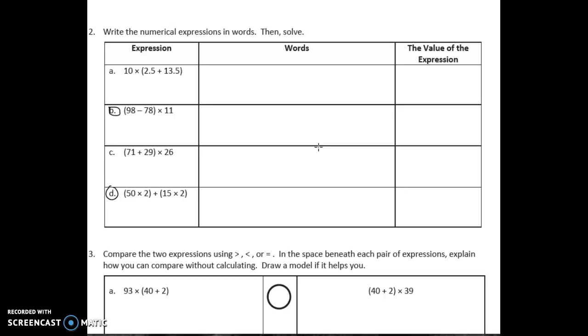Write the numerical expression in words, and then solve. I've already picked B and D on this one. So if we're going to say, write the numerical expression in words, we know that this is 11 times, because it's saying that we've got 11 times right here. And what is it that we have 11 sets of? 11 times, we've got a subtraction here, so the difference, 11 times the difference